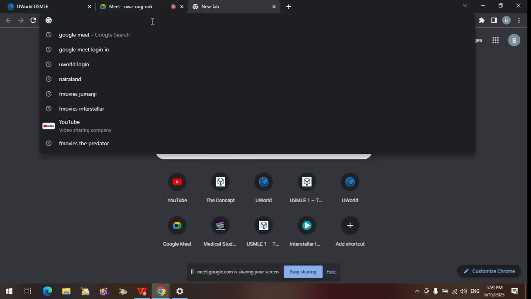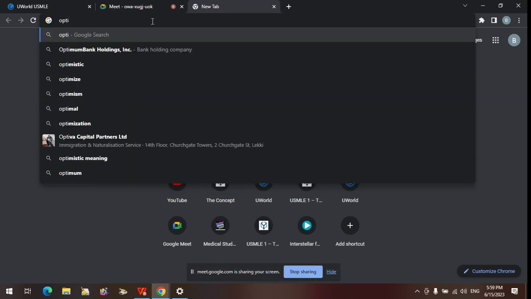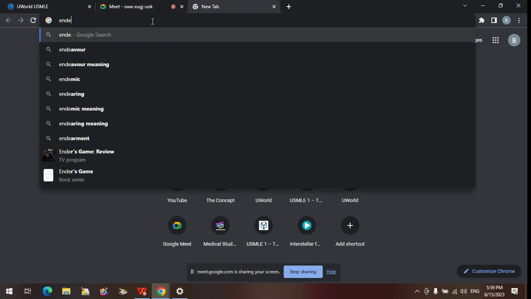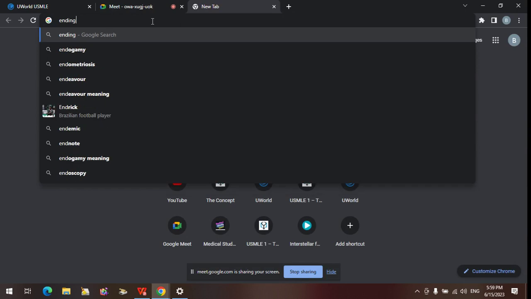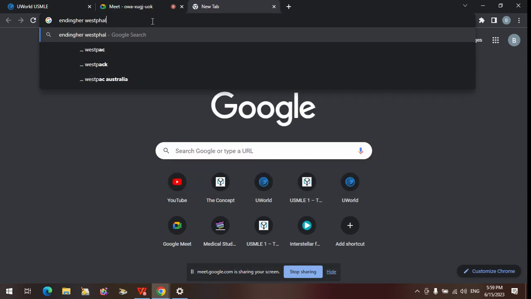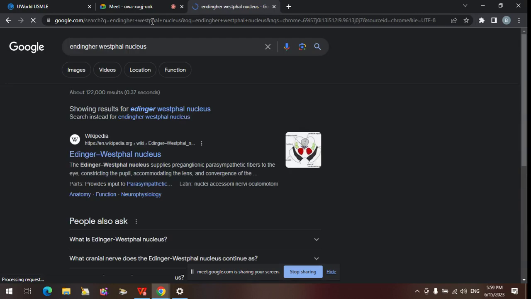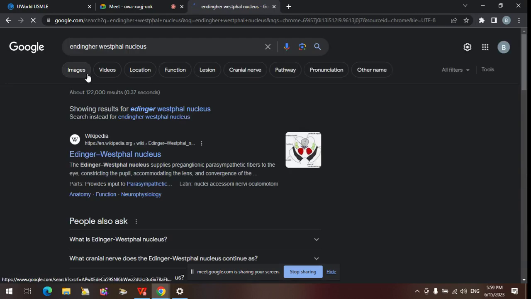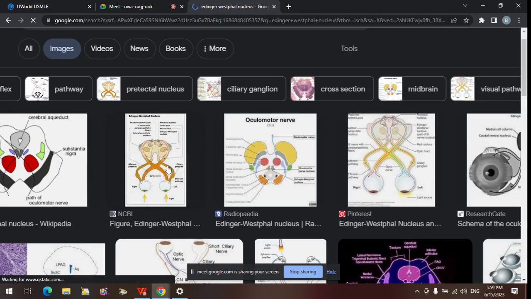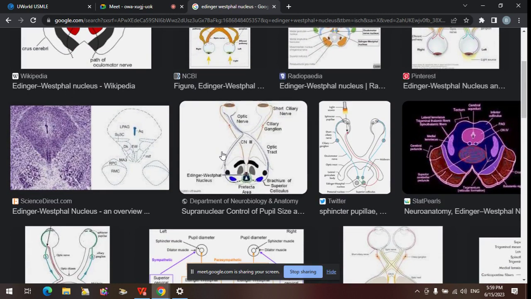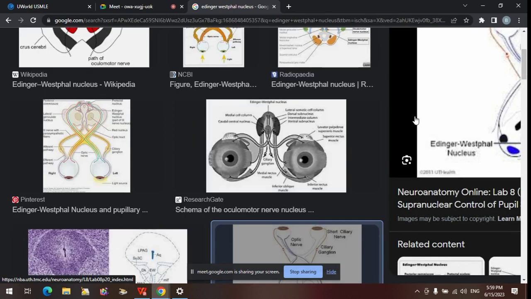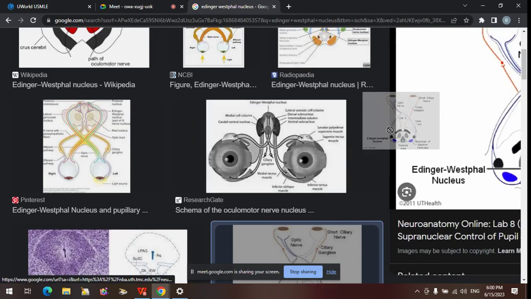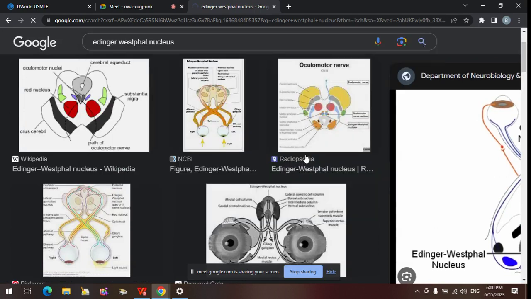So, what do we call this now? The optic, let me see, Edinger-Westphal nucleus. So, Argyll Robertson pupil, we must not forget that. It is specific for syphilis, tertiary syphilis. I think that is a very potent point. It's just too important. Yeah, so this is it. But we will not be able to appreciate the pathology very well